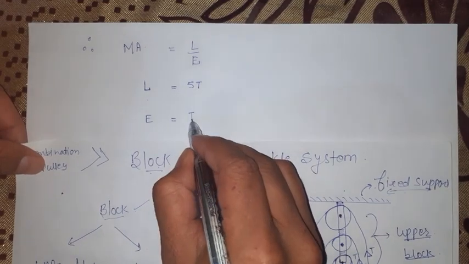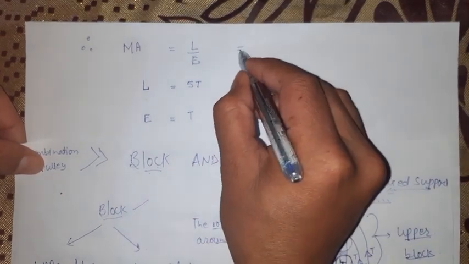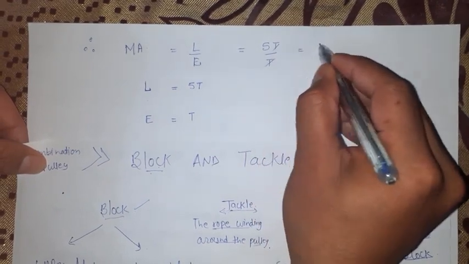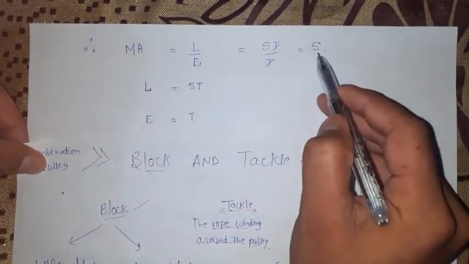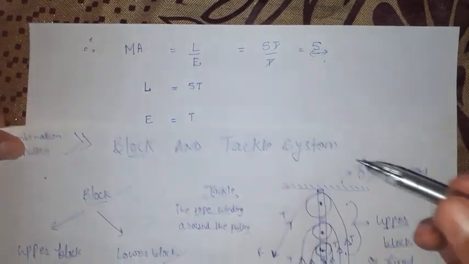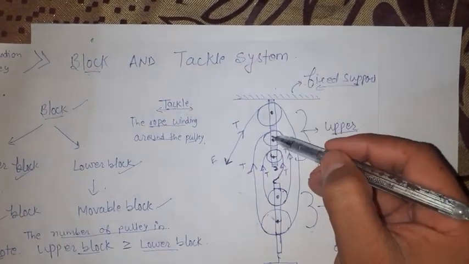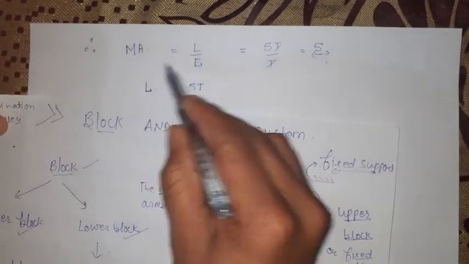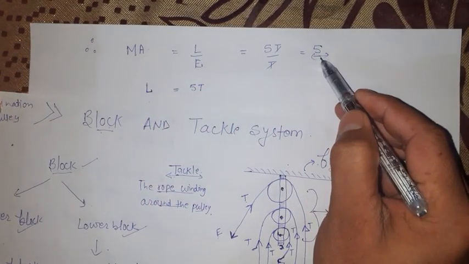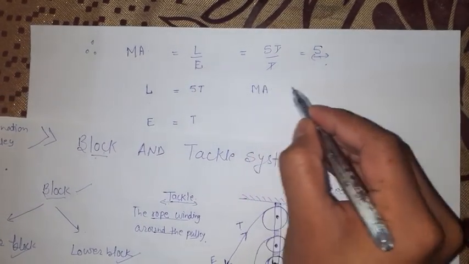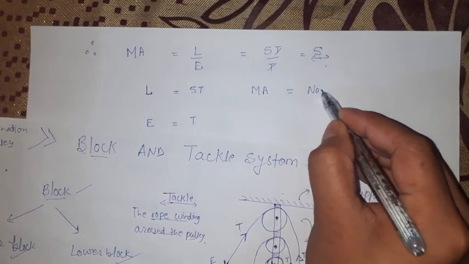Okay, so it is only equal to T. So now therefore I will put it in this relation, and it is given by that of 5. Okay, so how much is that mechanical advantage? It is 5. One more thing which you can observe: how many pulleys do we have? 1 2 3 4 5. How much is the mechanical advantage? It is 5. So thus we can say that this mechanical advantage is equal to the number of pulleys